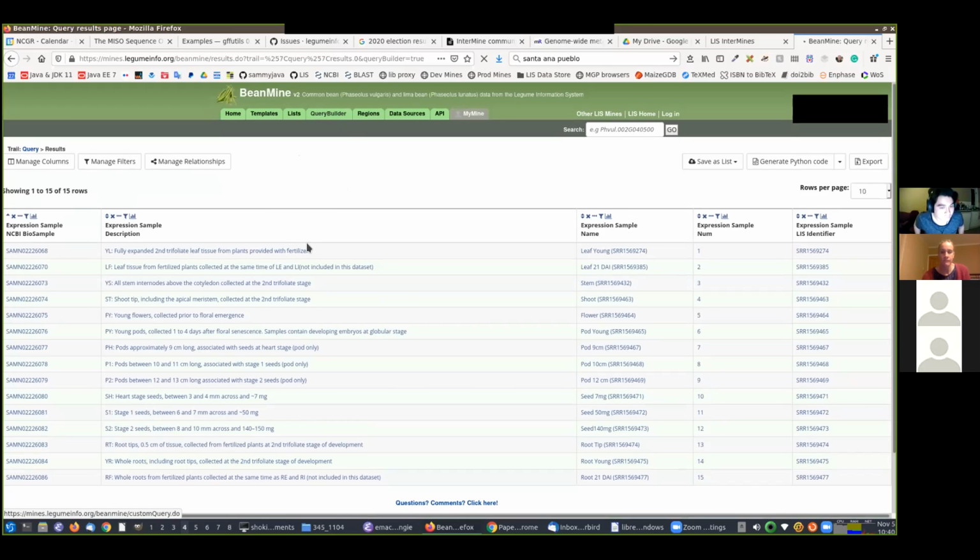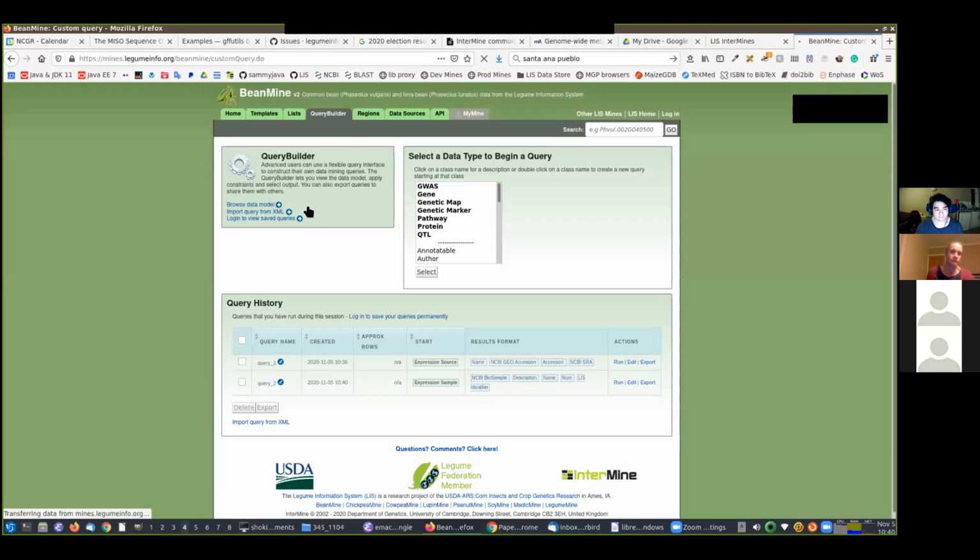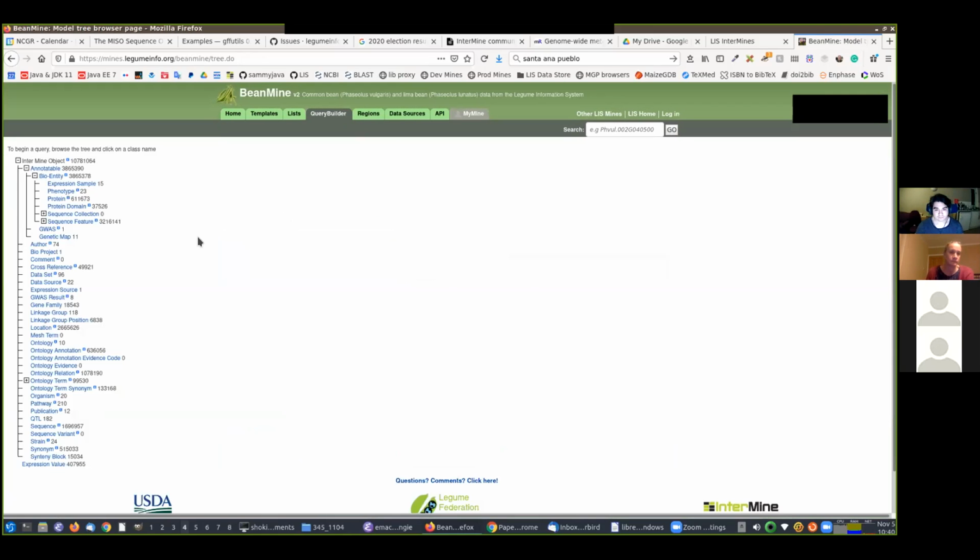expression values. And those are, let's see, they're not sequence features. Where are they? Expression source. Where's expression value? Oh yeah, it's down here. Actually, I lied earlier. That's a very top level. Not sure, it's not even an InterMine object. Oh, that's interesting. This was a tip that I got from Daniela, that you can create a class that doesn't